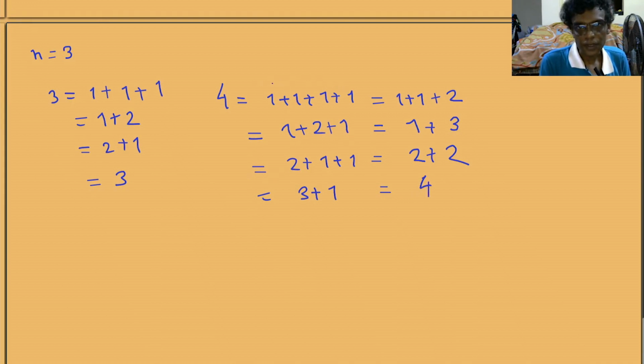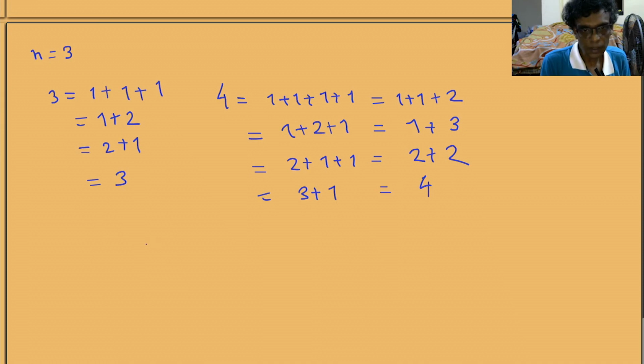And this construction is, you see that these are the 4 expressions where the last summand is 1, and here you have 4 expressions where the last summands are bigger than 1. So therefore, there cannot be anything common between this and this, because we are having 1 here, we are having something bigger than 1 here. So in general, this construction works for any n.